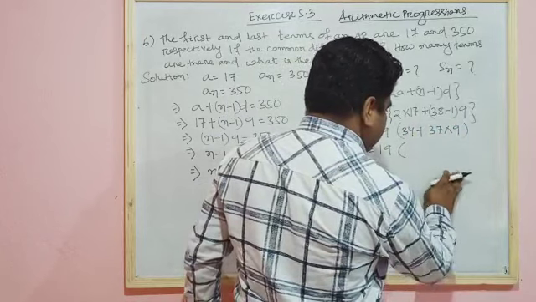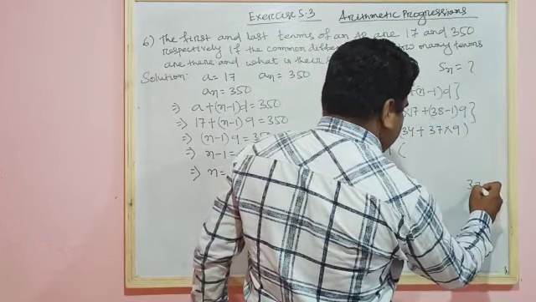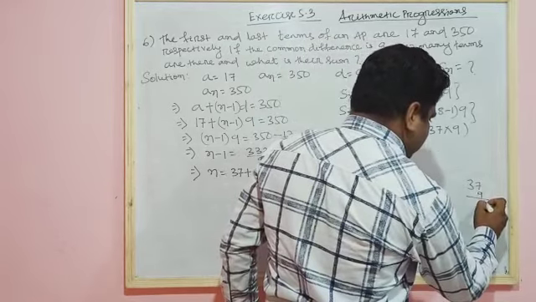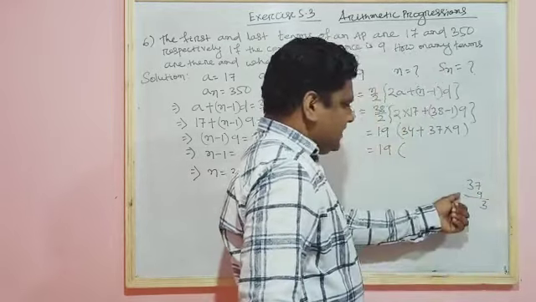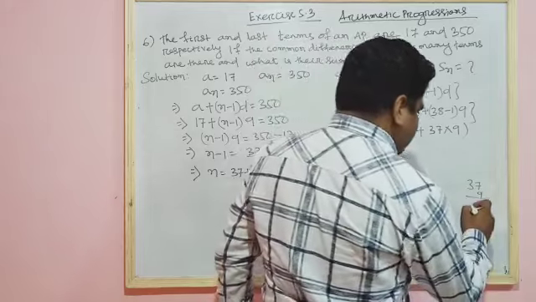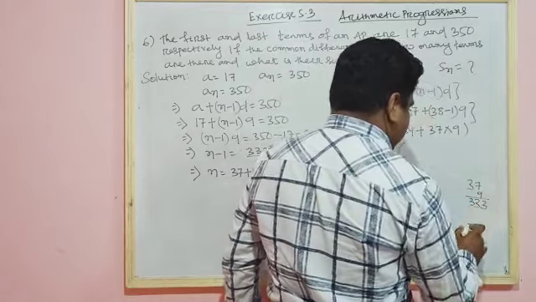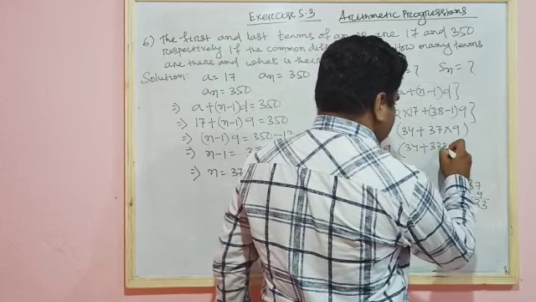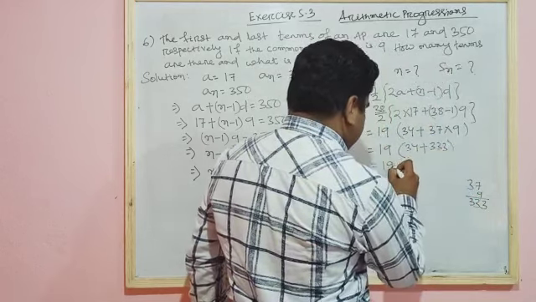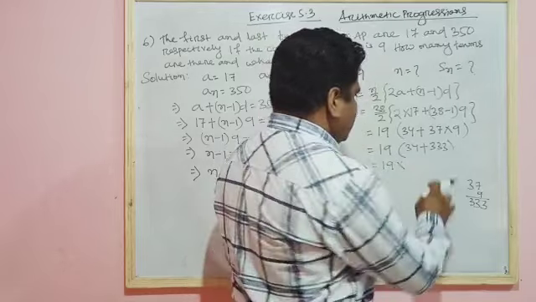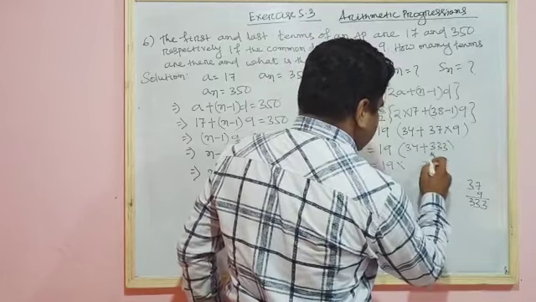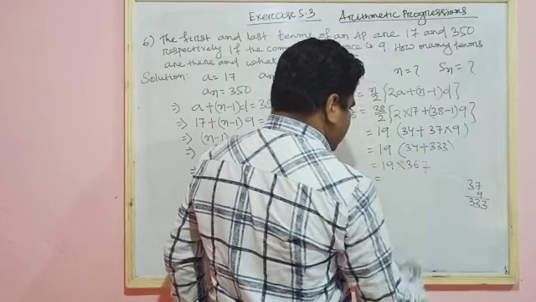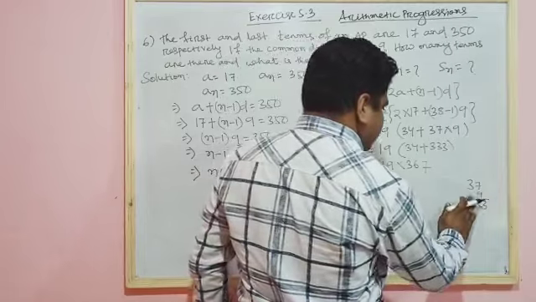We have to multiply this. 37 into 9: 9 7s are 63, 9 3s are 27 plus 6 is 33. So it will be 34 plus 333. So 19 into 4 plus 3 is 7, 3 plus 3 is 6 and 3 is 3. So 19 into 367